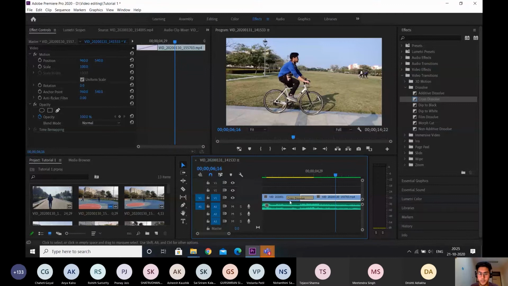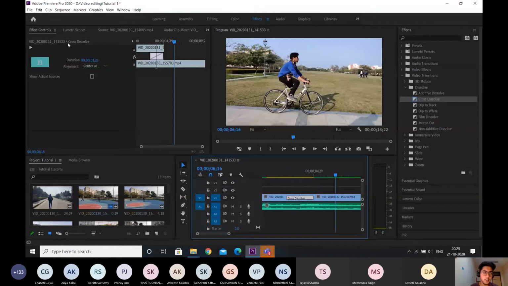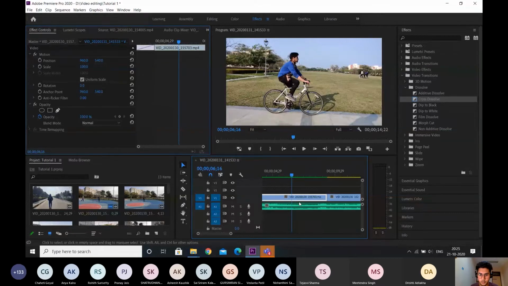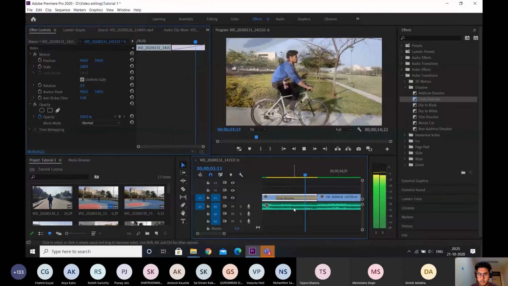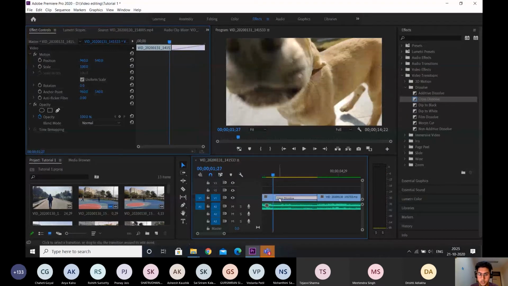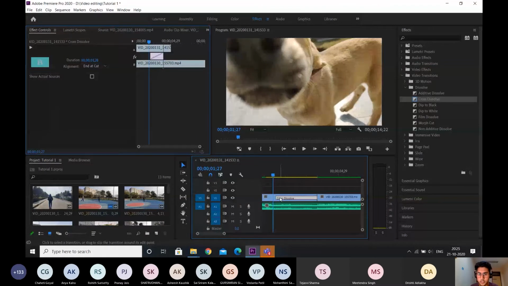And there is one more setting that we can do with this transition. If I single click on it, I can edit the effects of this cross dissolve, and basically the duration comes here, and then there is a tool called alignment. So basically I can align this transition according to the cut that is between the two video clips. I can do it at the end of the cut. So basically now the transition starts over here. As I said, at the starting of the cross dissolve transition, it will start to reduce the opacity of the first video and increase the opacity of the second video.